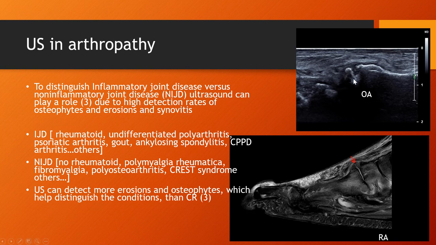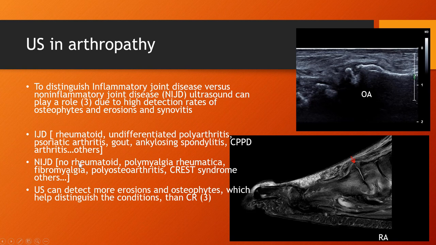So osteophytes look like this. This is a little osteophyte in a tarso-metatarsal joint of the foot, which is plain old osteoarthritis, a non-inflammatory joint disease. When we say inflammatory joint disease, we're referring to the gamut of autoimmune conditions such as rheumatoid, psoriatic arthritis, ankylosing spondylitis, don't say that late on a Friday,